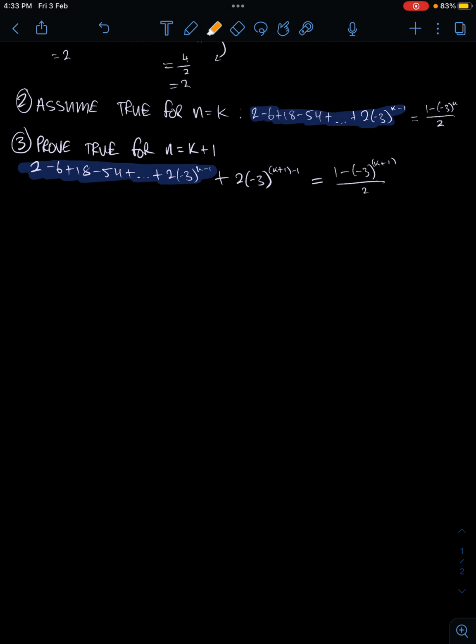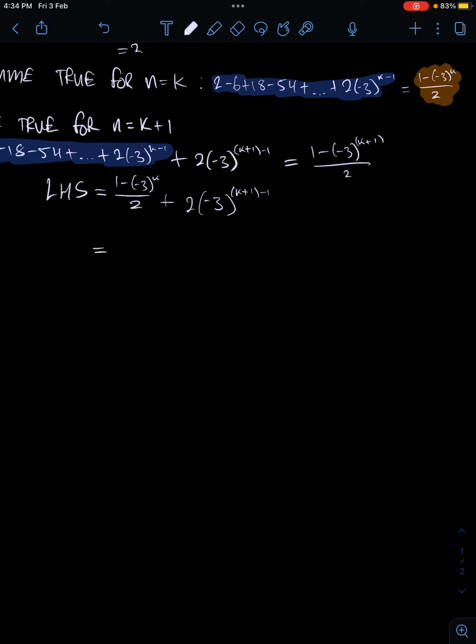But also, it takes out this series between here, this unknown, and turns it into a known, other than this little k up here, obviously. So we're just going to rewrite that down. So left hand side equals 1 minus negative 3 to the k over 2 plus 2 negative 3 to the k plus 1 minus 1